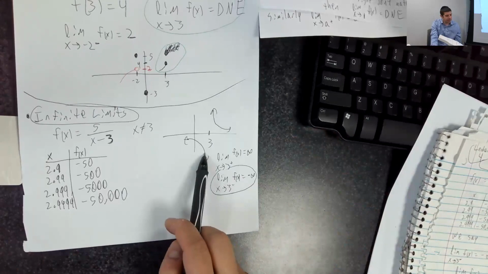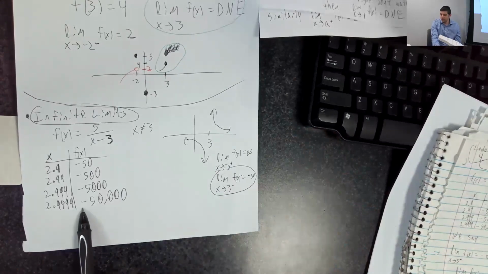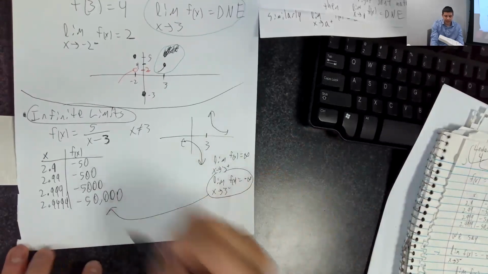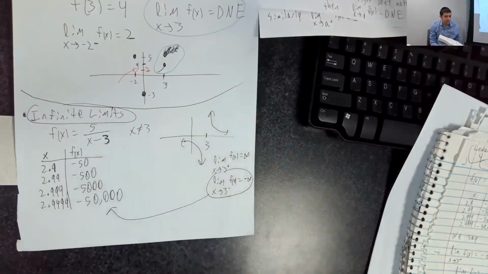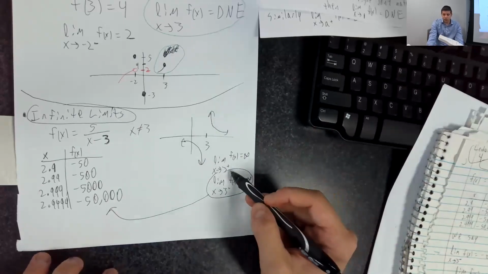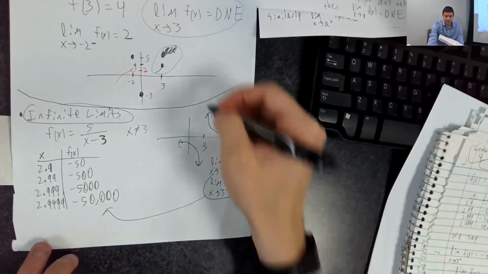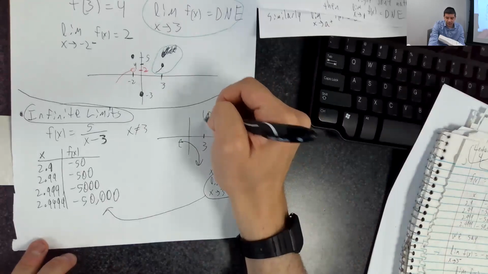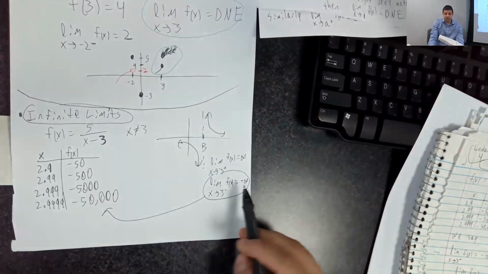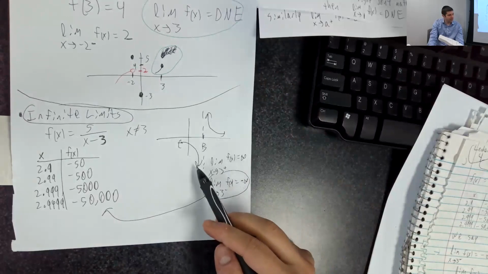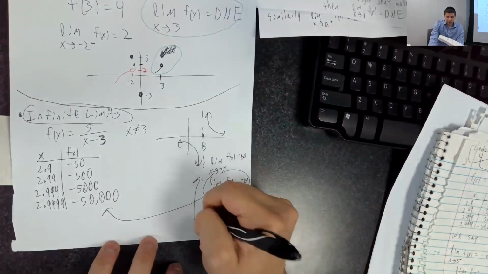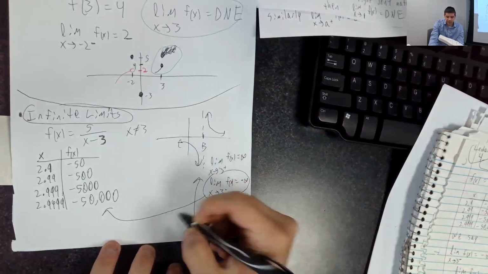I could see it with a graph. I could see it with a computer just by plugging in values very close to 3, that the pattern is negative infinity. Once you have this, if one of these limits, you don't need both, actually just one. You've learned this in pre-calculus, but here's the real definition: if one of these limits is infinity or negative infinity, we say